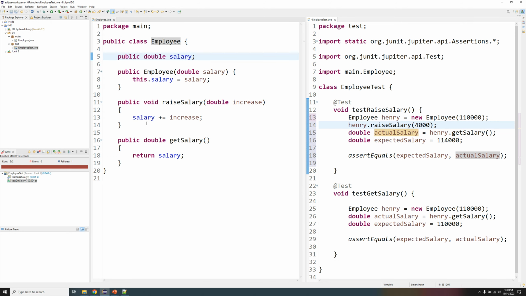Let's make this code a little bit not good. Just make some failure here. Let's say instead of plus equal, by mistake I put minus equal. Okay, so my test is correct. Now the code is wrong. So when I run this one,